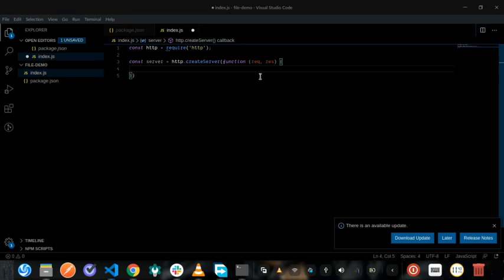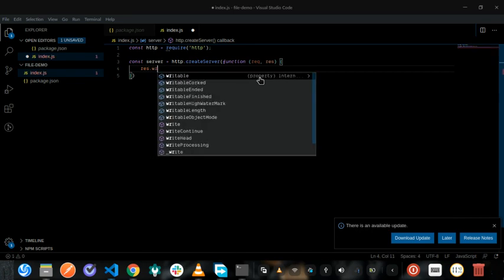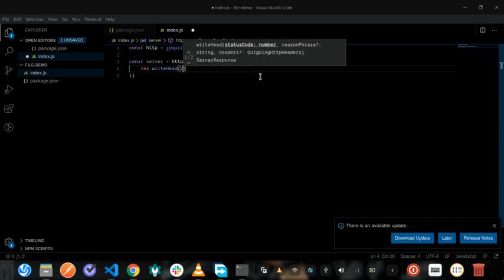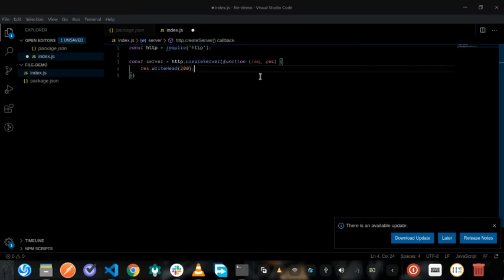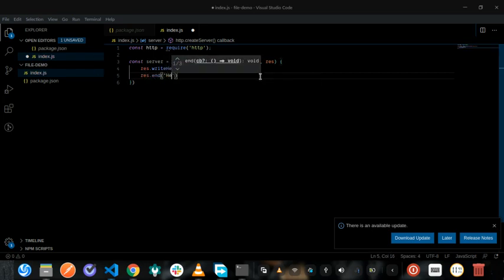and in this function for now, I'm just going to return a 200 status code, and then I'm just going to print back hello world to the user. I'm going to save this,